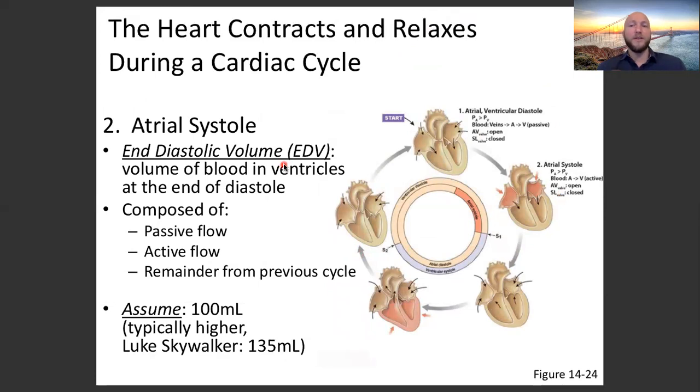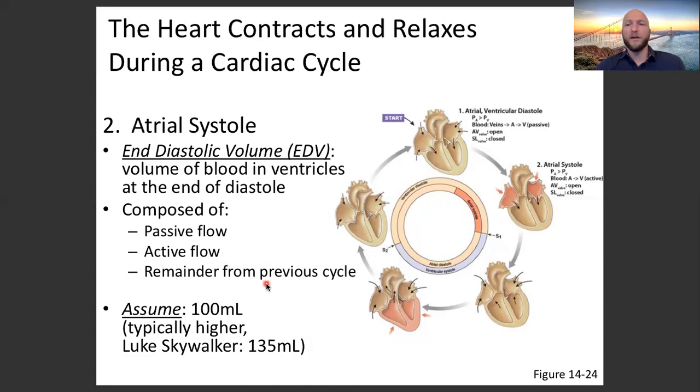Vocab term. You need to know this one. It's going to come up a few different times. End diastolic volume, or EDV. Volume of blood in the ventricles at the end of diastole. So at the end of the ventricular relaxation phase, when the ventricle is completely full, how much blood is in there? It's composed of the passive flow, that first 2/3 of passive flow. It's composed of the active flow, so how much the atria push in with its contraction,